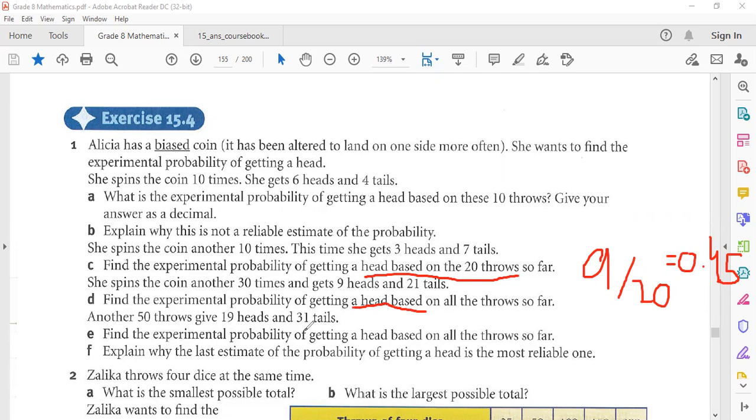So what we need to do is find the experimental probability of getting a head in the other 50 throws. You just write here 19 divided by 50,